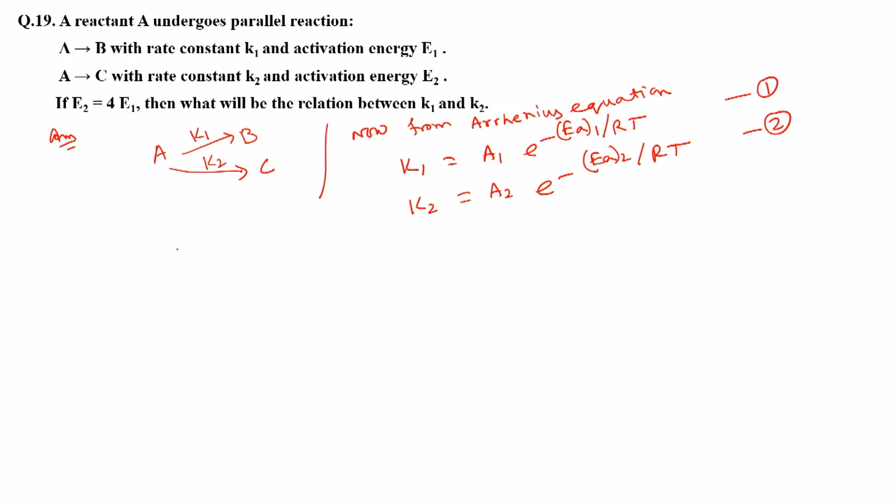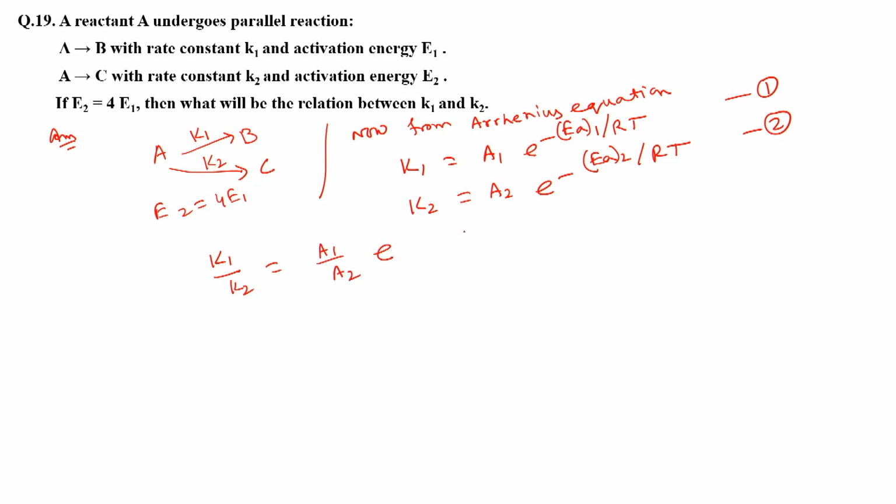It says E2 equals 4 E1. So the activation energy of reaction 2, when A goes to C, is 4 times the activation energy of the reaction when A goes to B. So if we divide K1 by K2,